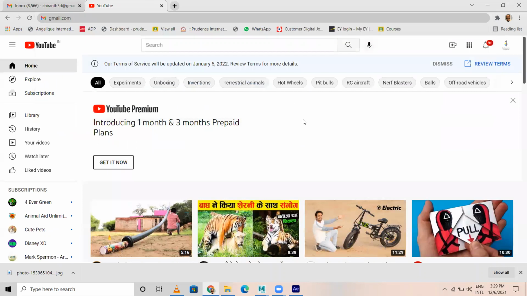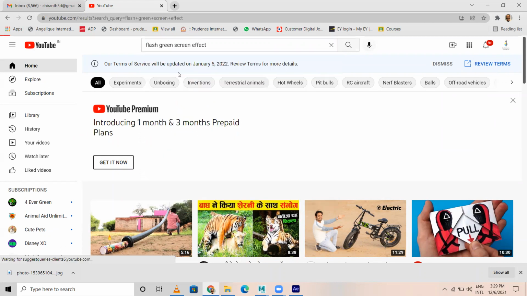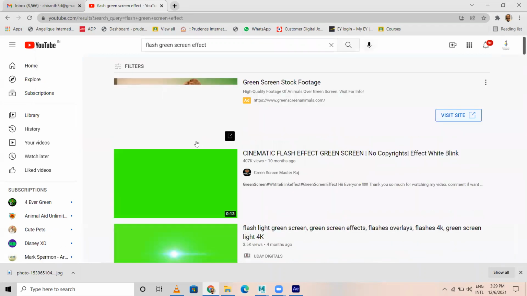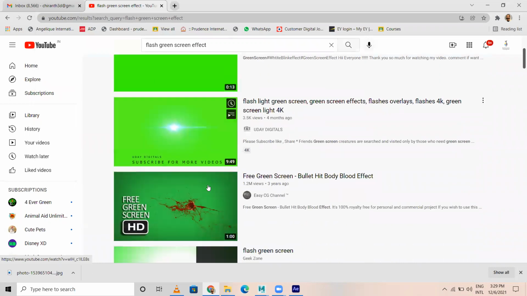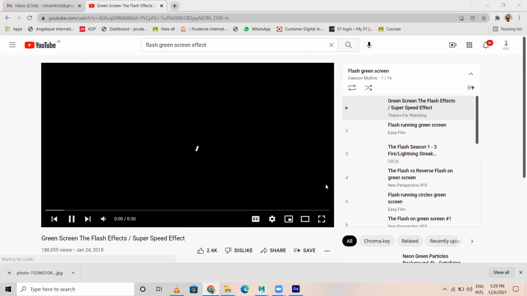Okay, not here. Flash green screen effect. So you can have a character, Flash character is there. Something like this. You might have seen the movie Flash, right? The superhero who runs faster.